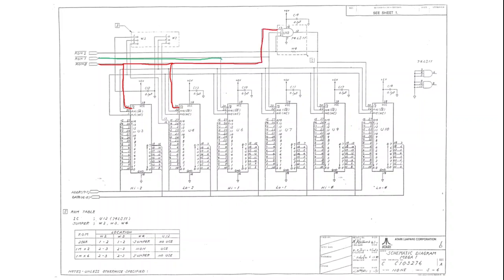And ROM 1 will then likely go to ROM set number 1. Indeed. And to one of the other inputs of the AND port. And ROM 2 then to ROM set 0? Indeed. But via jumper W4. And to the other AND port input. But that's the case for 6